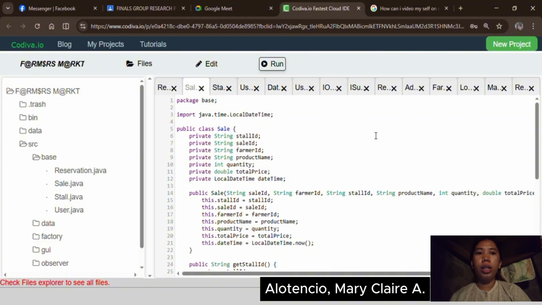Stall manages the market stalls and automatically handles expired reservations. Reservation records every booking made in the system and Sale records every product sold by a farmer. So without these four classes, none of the dashboard or features in the system would have any data to work with. And that's all for my part.